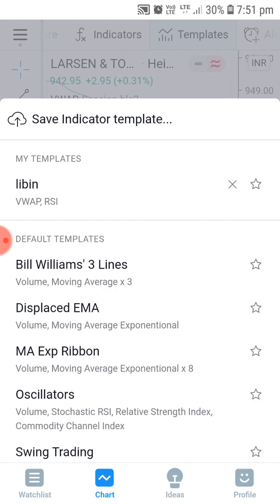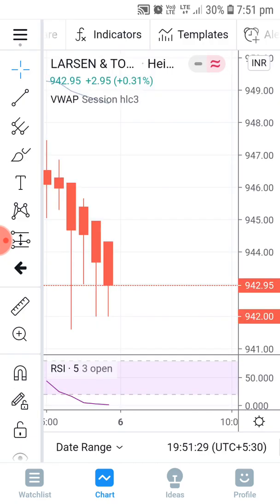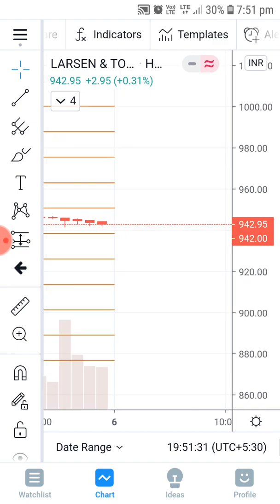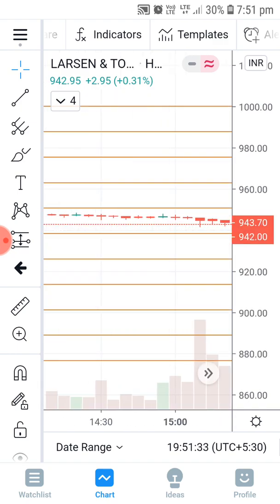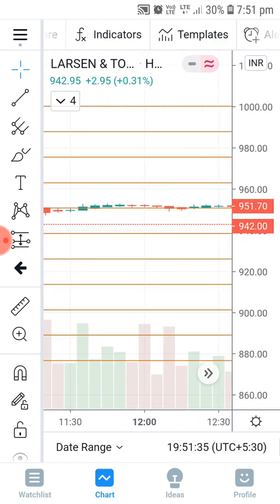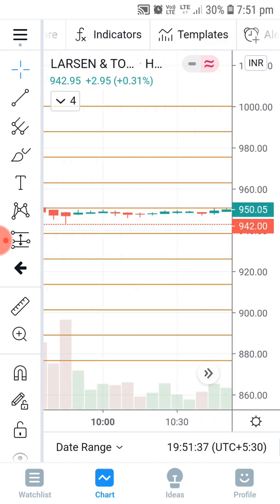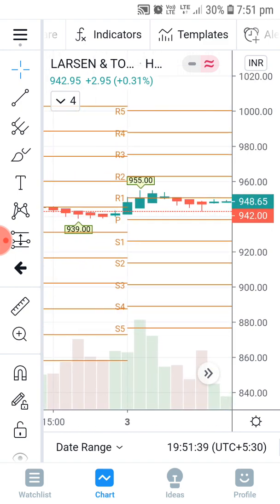And if you want to set any template, like if you don't know what the resistance point is and what the support point is, a lot of people will be giving you comments. Here you can see how Nifty is going to perform, or for each stock there will be a support and resistance. So it will be helpful for any beginners. If you want to know what the resistance and what the support of a stock is, you will get all those things in one click. So that is the advantage, you will get the entire information in one click.